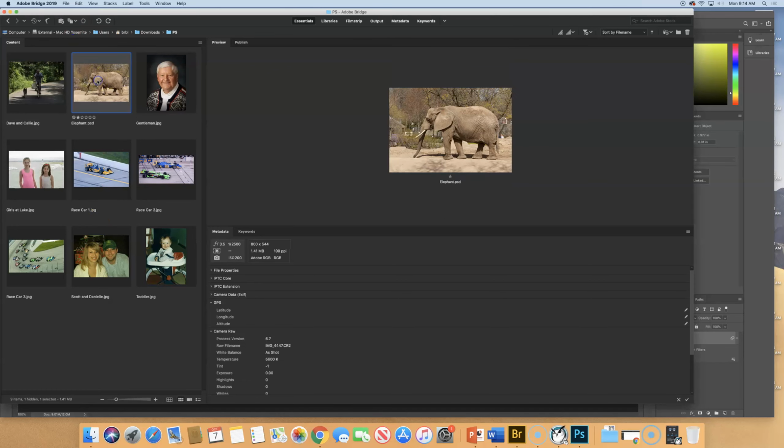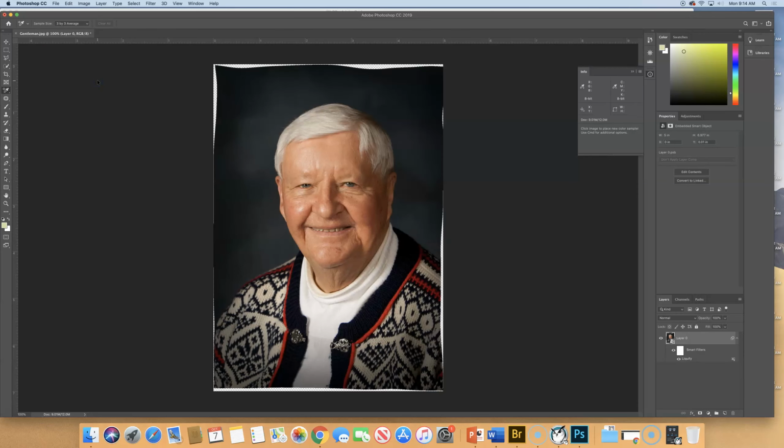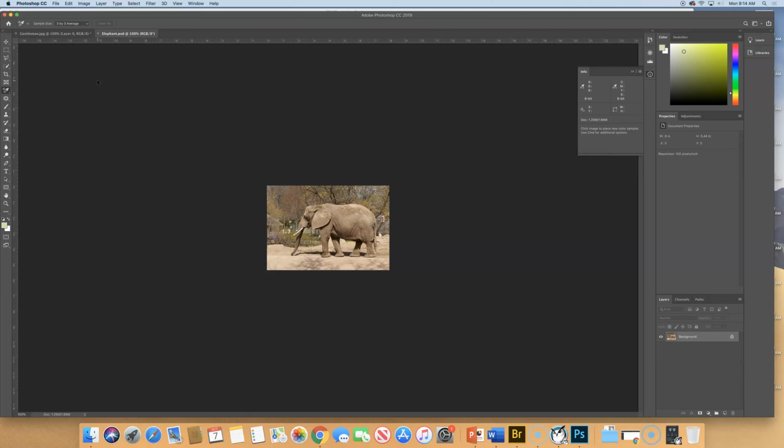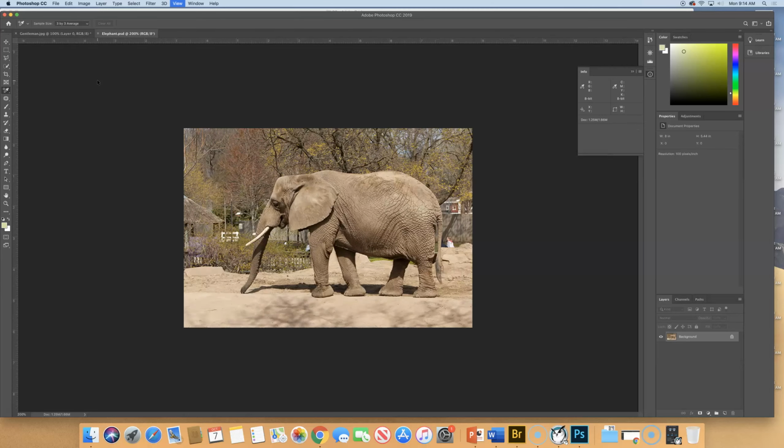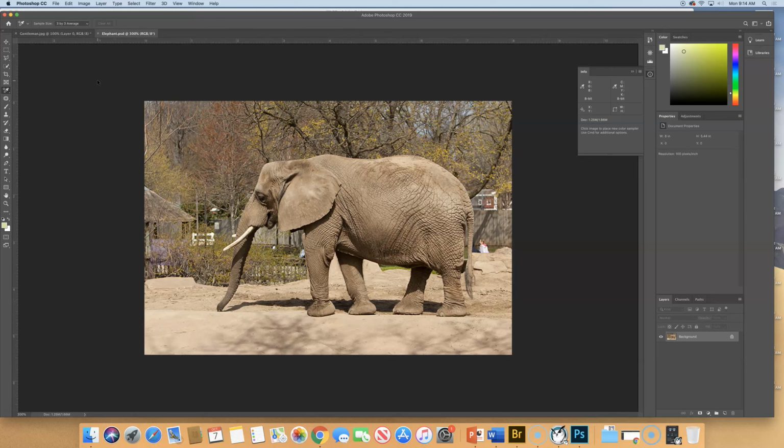And in Bridge, we're going to open the Elephant PSD. And go ahead and make it a little bit bigger on your screen. All right, so our goal here is to puppet work this elephant, make him appear to be walking in a